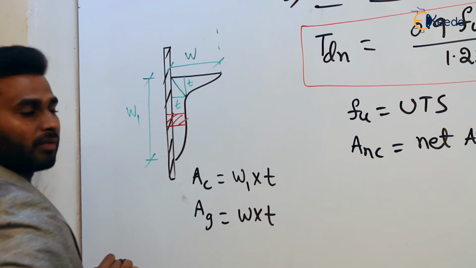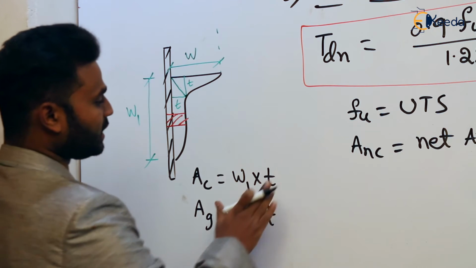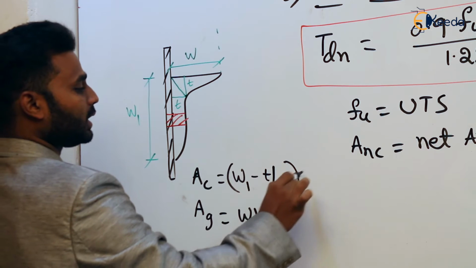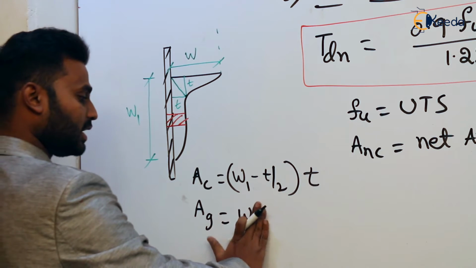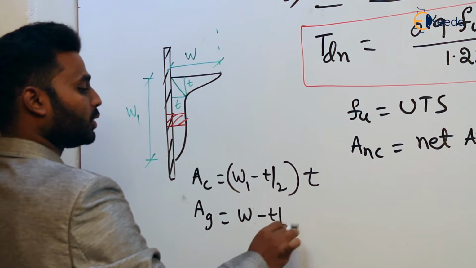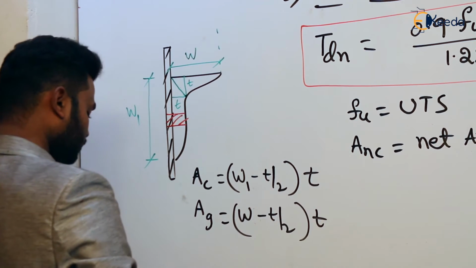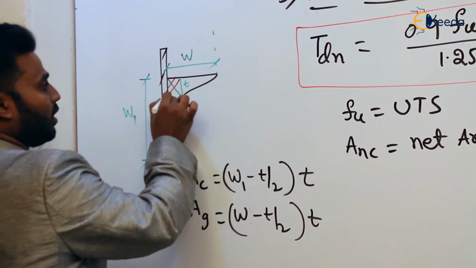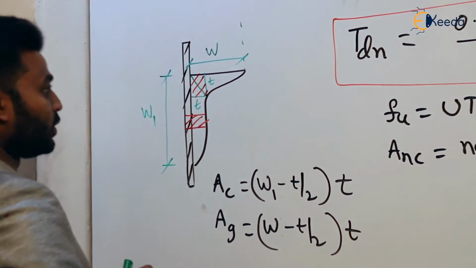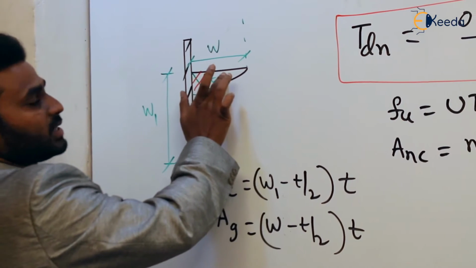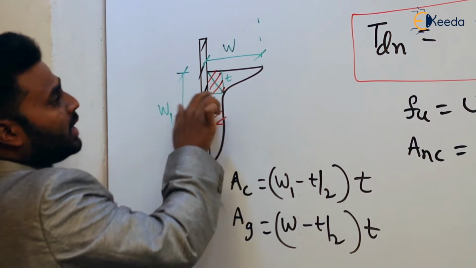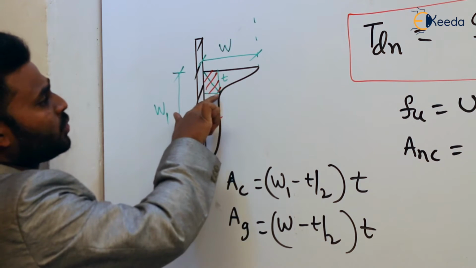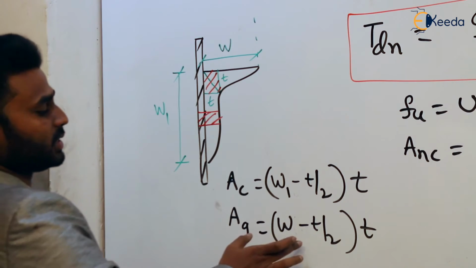Overlap as half. So to get AC, from that W1 I am going to subtract T by 2 into T. Do you agree or not? In the same way, here also I am going to subtract T by 2 into T. This is the overlap portion, the shaded one. So I am going to give one triangle to this leg and another triangle to this leg. That is a square, and half of the square is a triangle, so half of T into T by 2. That is the area. So this is the AG.